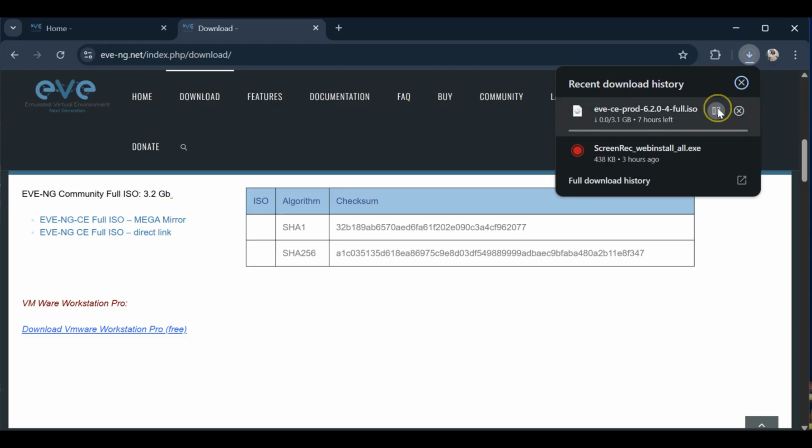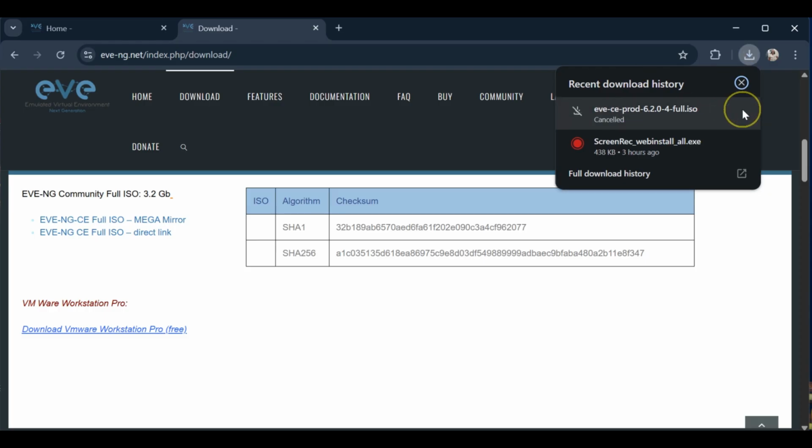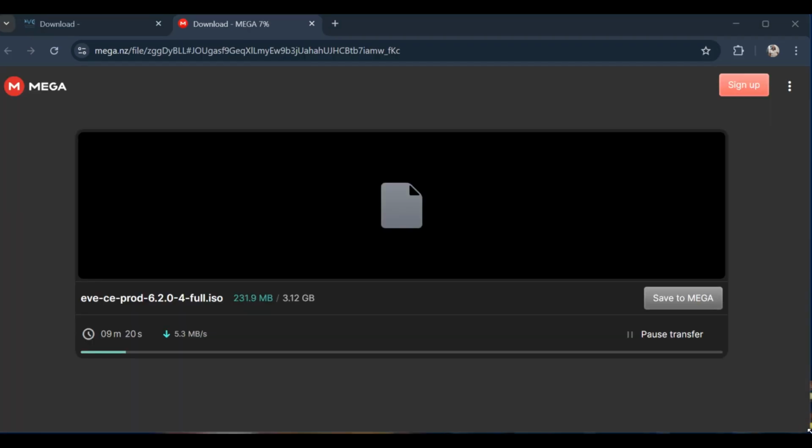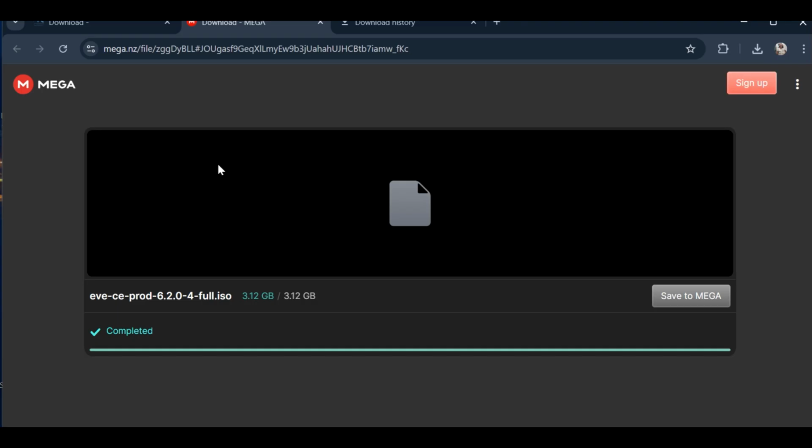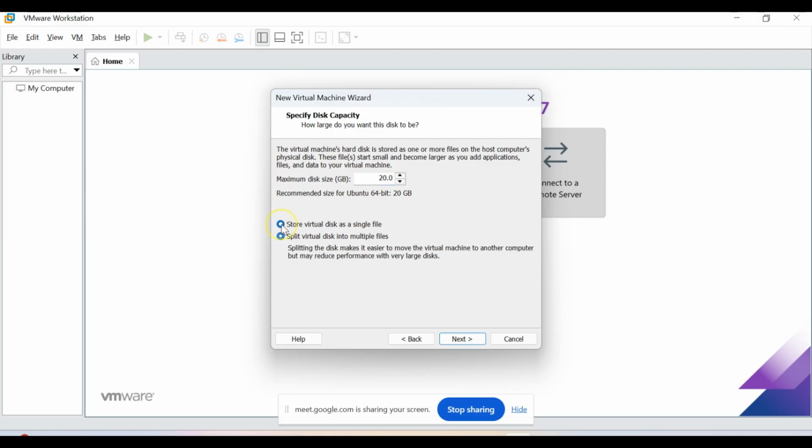So this is because I clicked on the direct link and it's taking me here. But I'll go back and show you how you use the Mega. This is it downloading. Now my download is completed. All I have to do now is go back to my VMware, click on create new virtual machine, next,